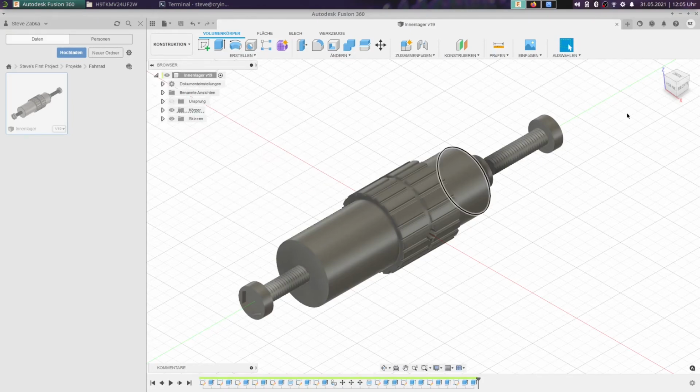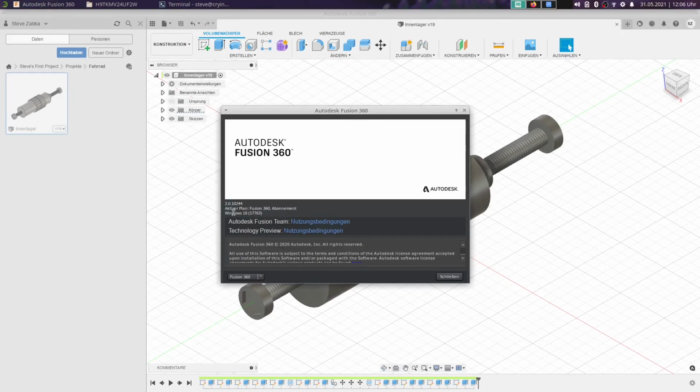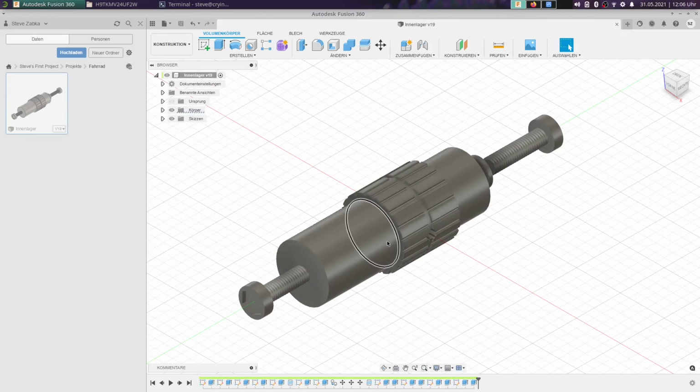And I will also show my version of Autodesk Fusion 360, so you can see that this solution works with the newest version of Autodesk Fusion 360. And here you can see the current version 2.0.10 to 44. And so you can see this solution works very well with the newest version of Autodesk Fusion 360. Okay, that was it for today,